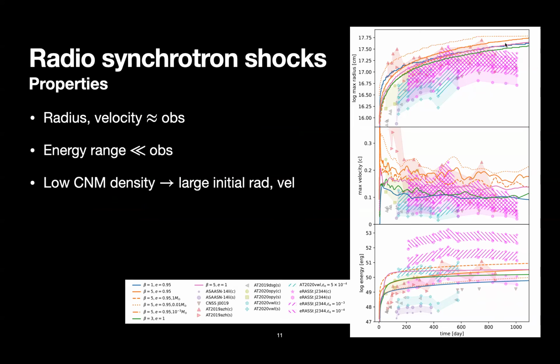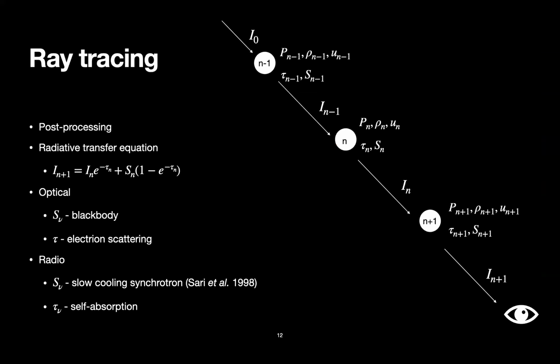So here the solid lines are our prediction from the simulations, and all these other things are the different kinds of observations. One problem with radio observations is that they are really unsure about what they observe. So it's kind of hard to compare. Yeah. So then we use